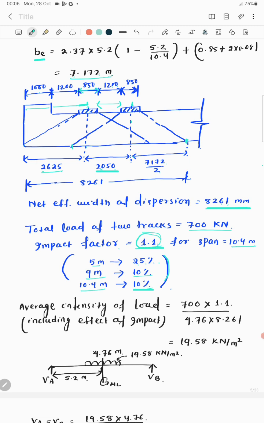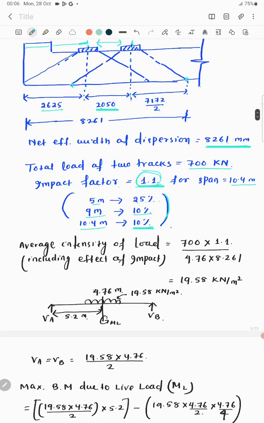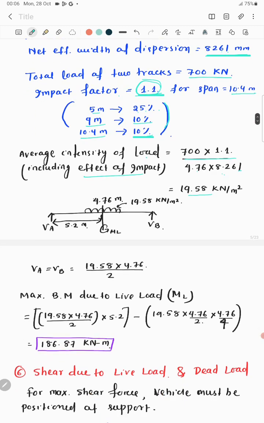The average intensity of load including the effect of impact is 700 into 1.2 divided by the area of dispersive load, that is calculated as 4.76 along the span length and 8.261 perpendicular to the span length. So the total intensity of load considering the effect of impact, we got 19.58 kilonewton per meter square. Now we can calculate the